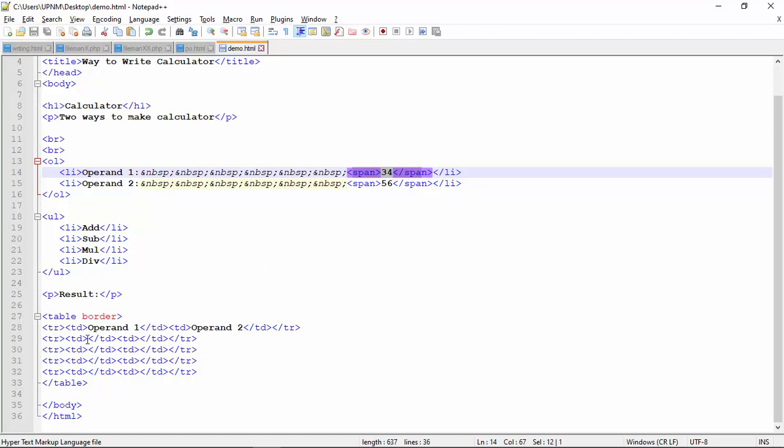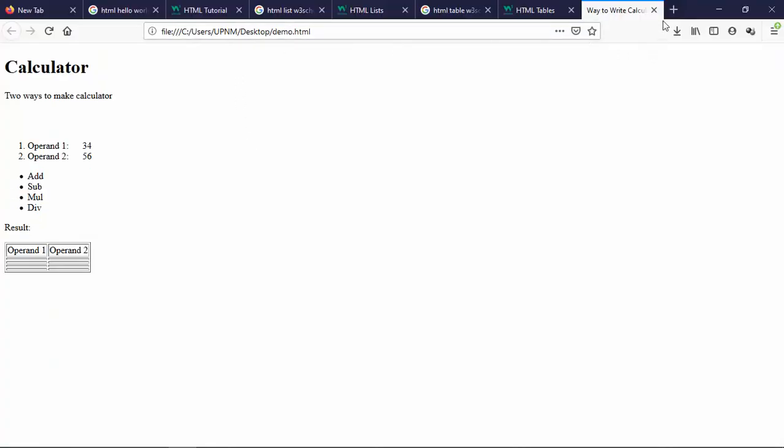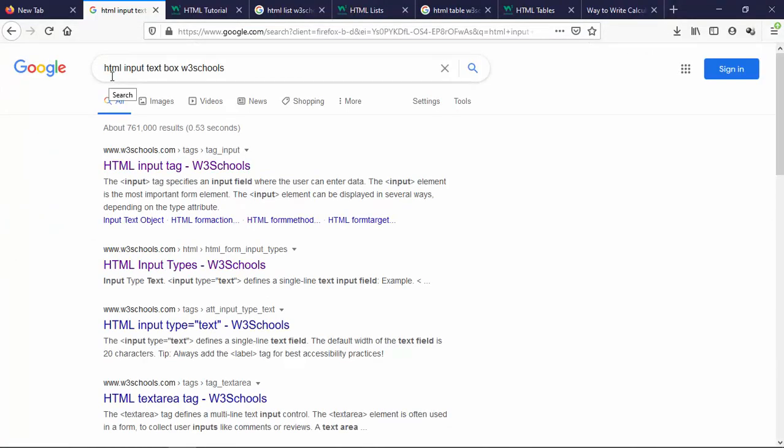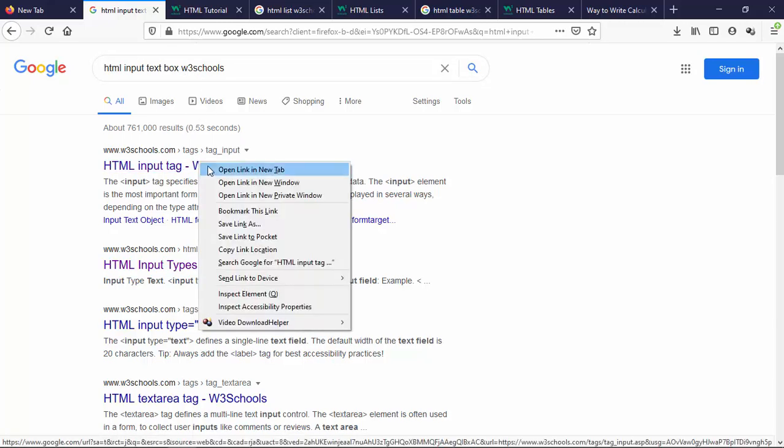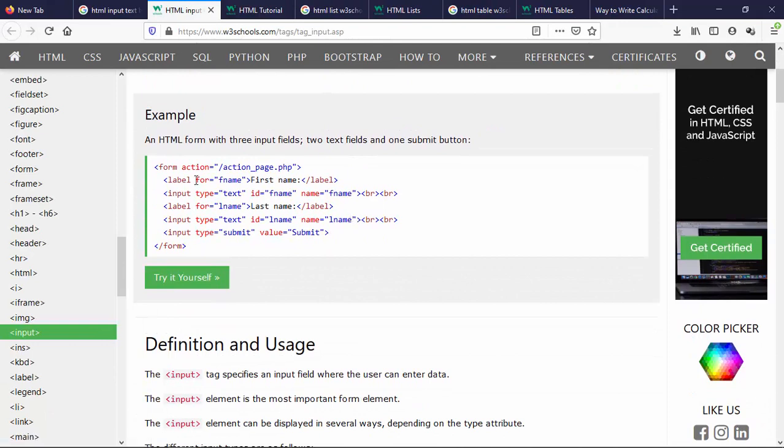What we need to enable the user to key in the value that they want is actually to put a text box, or in terms of HTML, we need to put an input tag. Let us Google. The keyword is HTML input text box W3Schools. Open the page. You don't have to use form, you don't have to use label. This is the one that we're looking for. You need to give the input tag, the type is text, and then the ID.